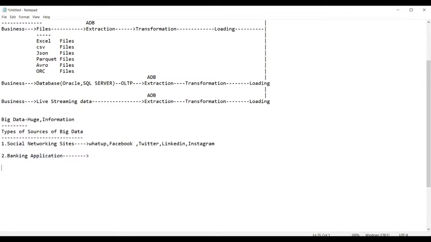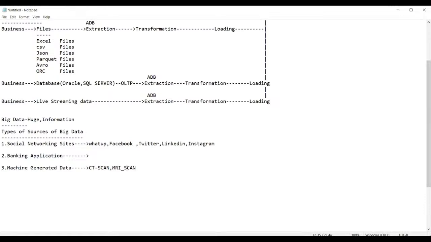Then we can also get the data from machine generated data. So what do we mean by machine generated data, guys? The data which is generated by a machine. Suppose you have a CT scan machine, which scans the human body, or an MRI machine, whatever machines you have.